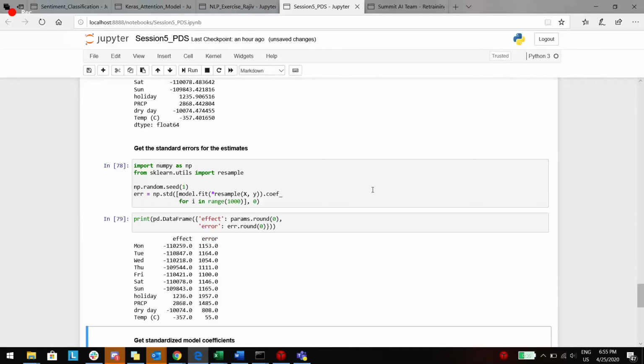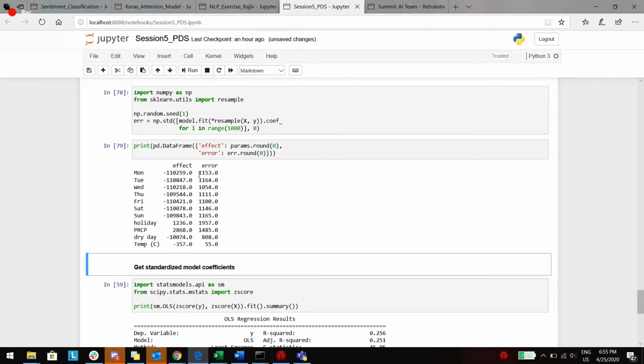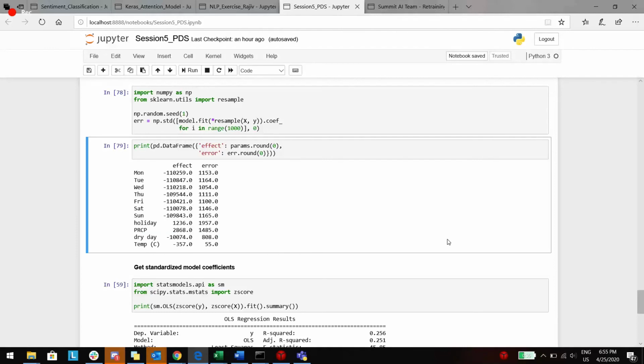So if I run these two statements, this is the standard error which I am getting, right? So if you remember, in the last class we discussed how the error should be and all. So you can try to plot this error and look at what is the distribution of this error. Is it making sense with respect to whatever assumptions we carried out? Those are the things which we can do additionally.